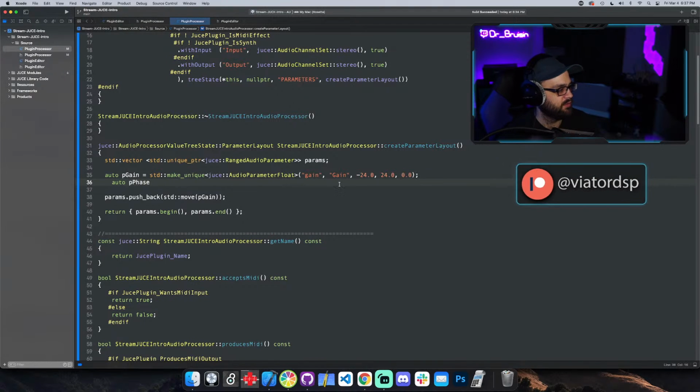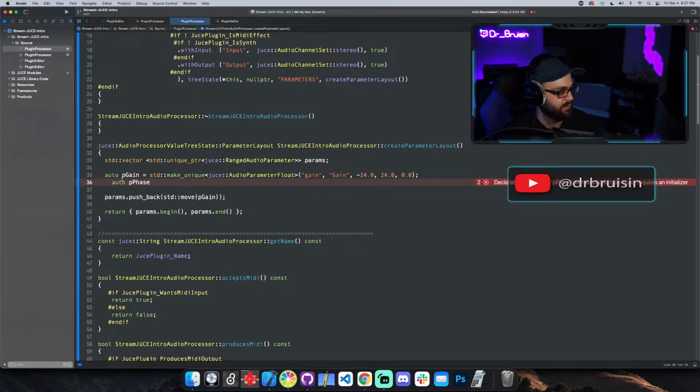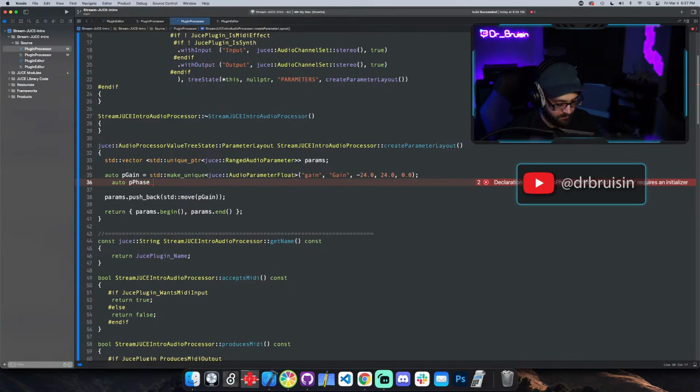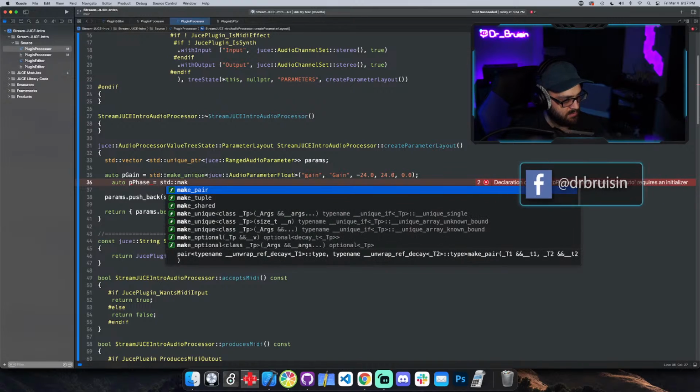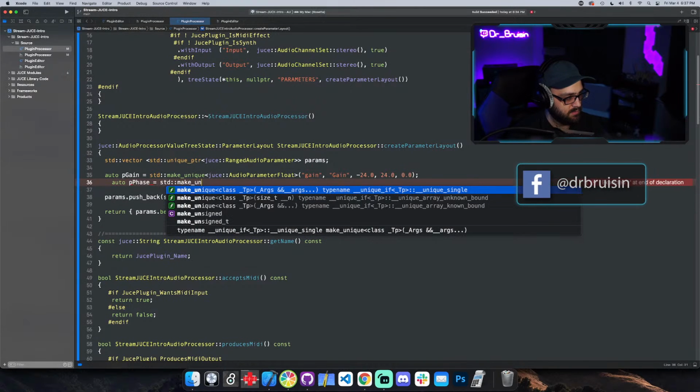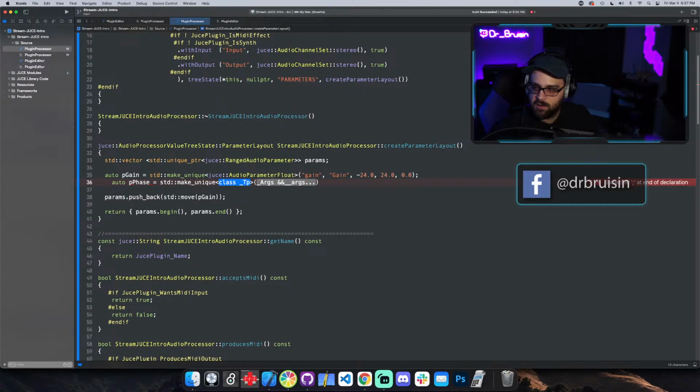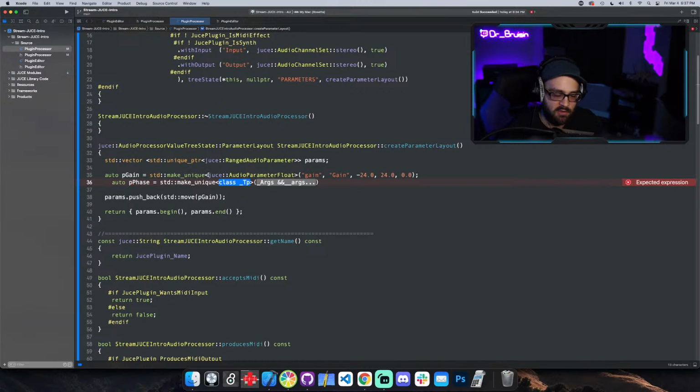Oh, and by the way, the reason I'm putting P in front of these is just because to me, they're parameters. So I'm just saying P for parameter. So equal std::make_unique. Oh, one thing I want to mention, something I was unclear of when I was starting, is differentiating between